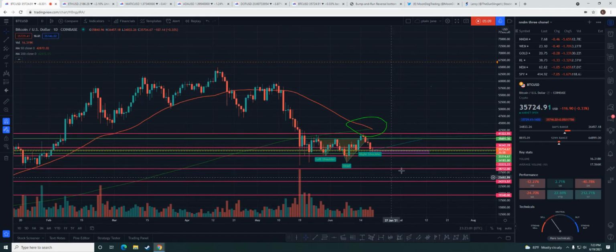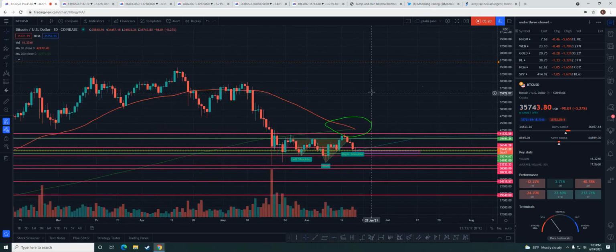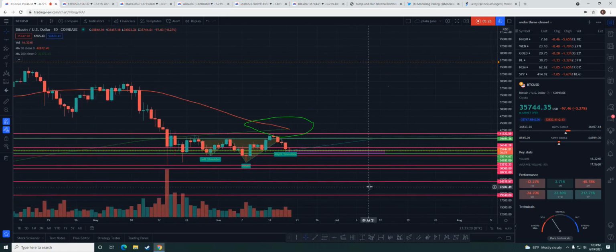Okay. Now, $30,000, obviously we don't want to not hold that. And I should have the line there. I must have brought it down by accident, but this area right here, these two boxes. Okay. We don't want to get down in this area. All right. Or it could go back down. I mean, we're looking at 24 and 19. I mean, that's crazy, guys.